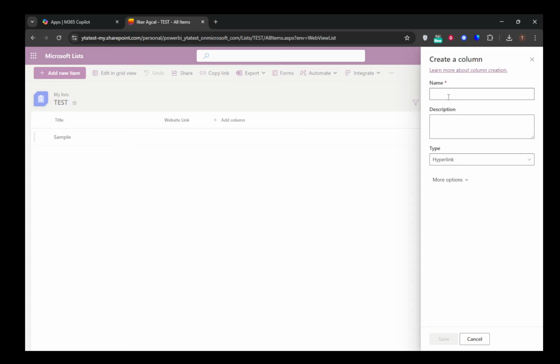Once you've made your selection, it's time to name this new column. This step is essential for keeping your SharePoint list organized and intuitive. You might opt for names like website link or resource URL to clearly indicate the purpose of this column. With the column type set and named appropriately, go ahead and save your changes. This addition will enhance the usability of your SharePoint list by making it easy to direct users to related content